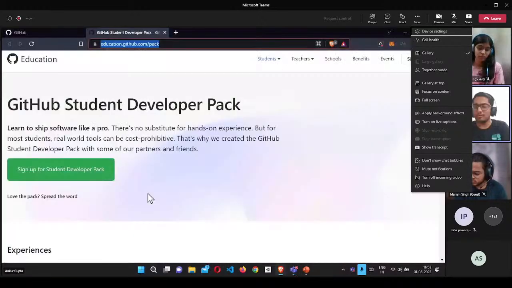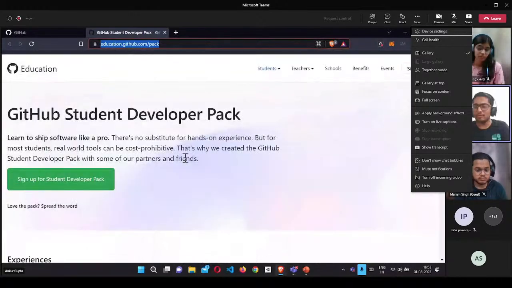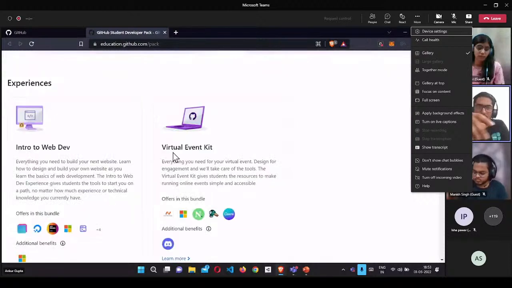The GitHub Student Developer Pack is essentially developer resources. It's a student pack that any developer can use. You can click on this button to sign up for the Student Developer Pack, and after signing in, there will be some things that you need to fill in. If you have a college email ID, good, and I think many people in our college don't have that.